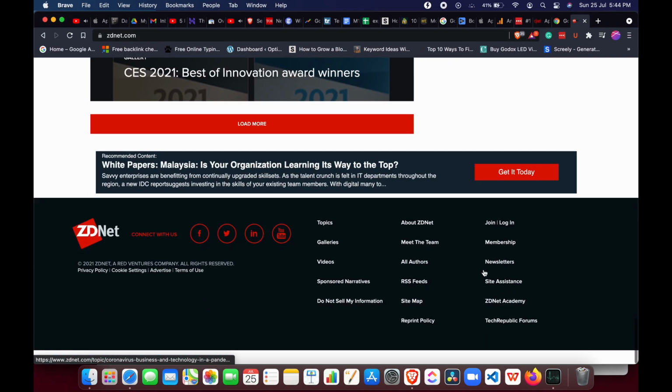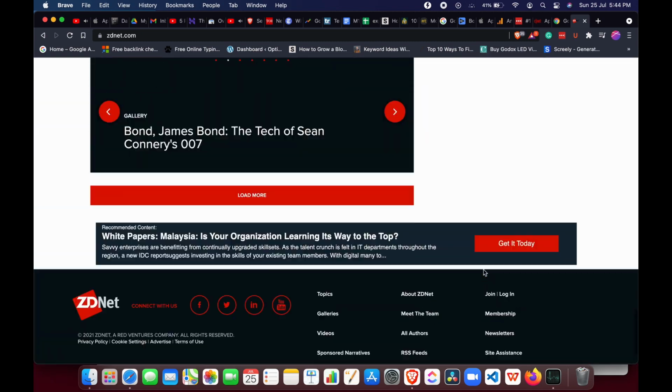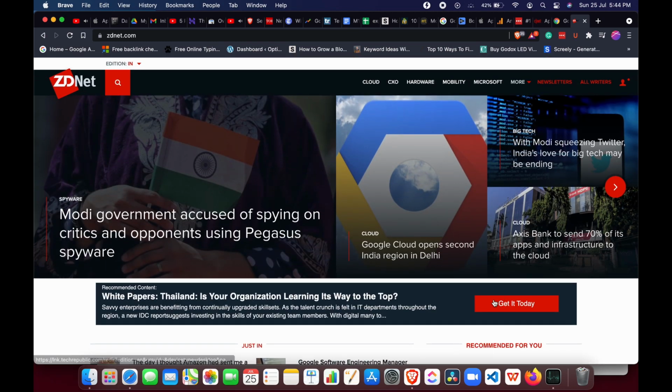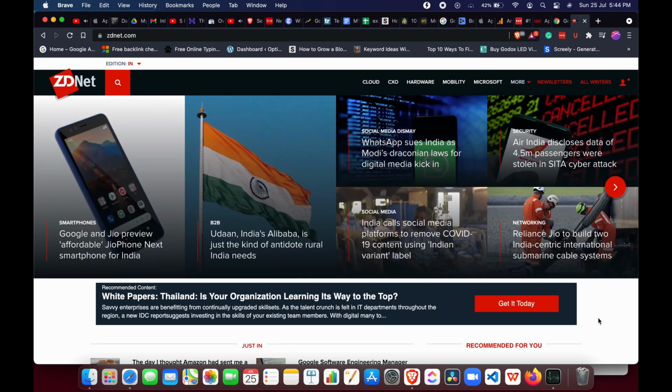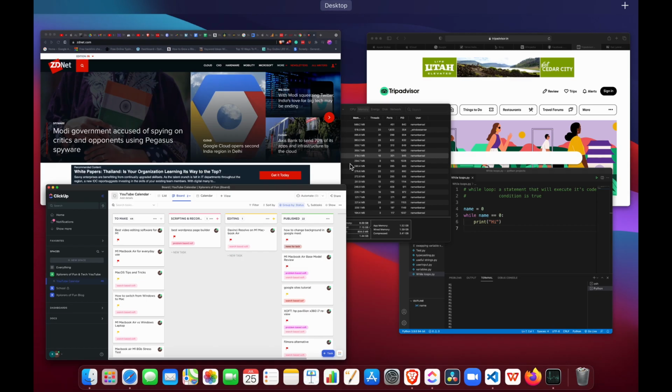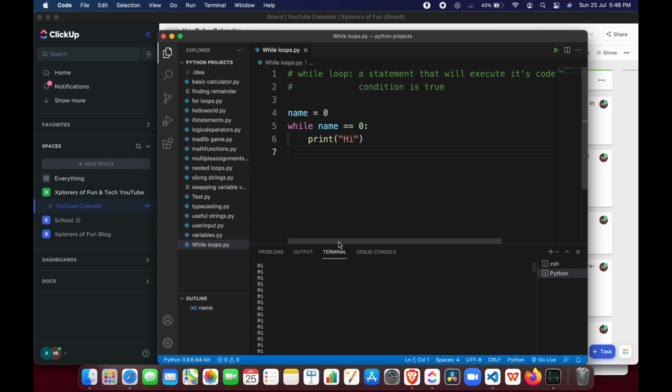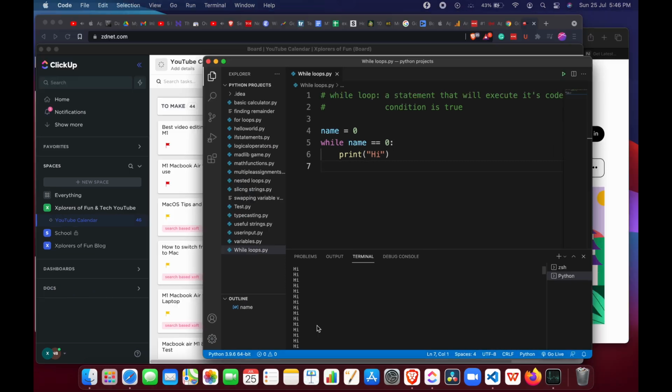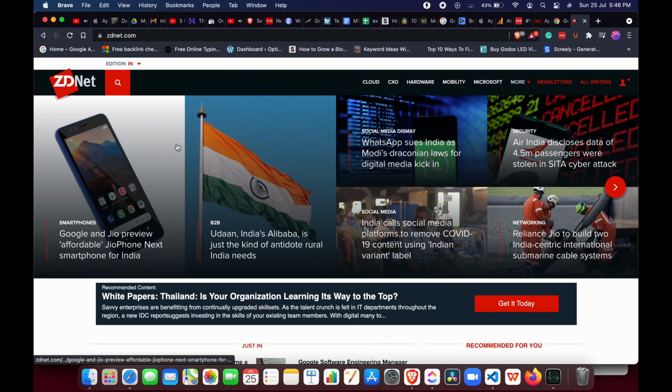Okay, so that was for the web browsing performance, which is really smooth. Now we'll open some desktop background apps. What I'll be opening is DaVinci Resolve with a 1080p video playing back in it, ClickUp and Visual Studio Code. So let me open all of them and meet you in a second. Okay, so now I have ClickUp open in the background along with an unlimited while loop running in Visual Studio Code. And now let's check the web browsing performance.